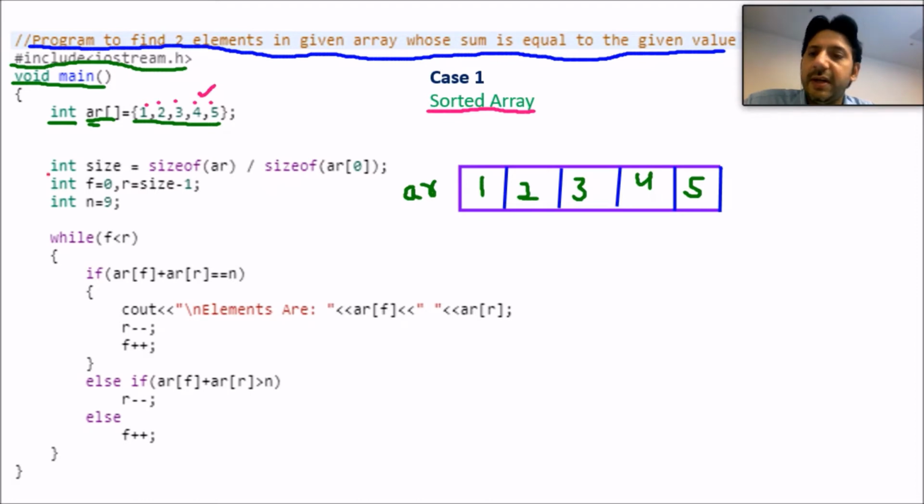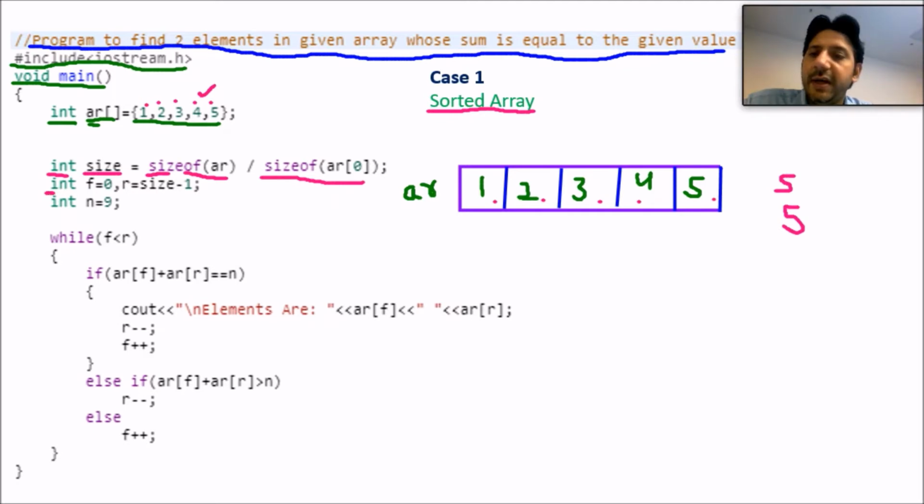Now, int size: there is one variable that we are taking, which is size. I am taking it as equal to the size of the total array divided by the size of array[0], the first element. If I divide the total array size by the size of the first element, that is nothing but the size of the array. You know that the size of the array is 5 because there are 5 elements: 1, 2, 3, 4 and 5. So the value of s is 5. This s is the short form of size.